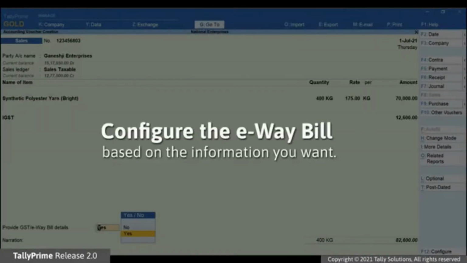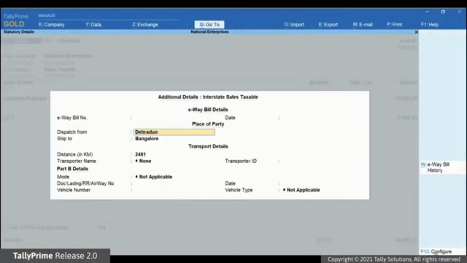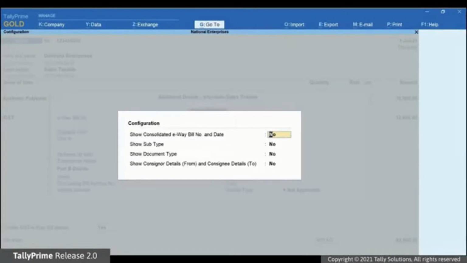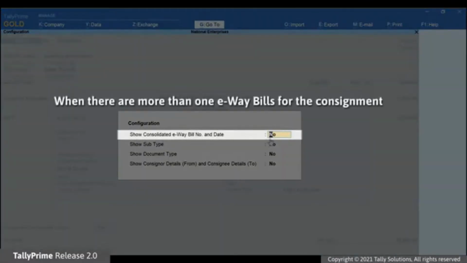You can also configure the e-way bill based on the information you want. Press F12 and the configuration screen will appear. If there are multiple e-way bills for the consignment, then set Show Consolidated e-way bill number and date to Yes.